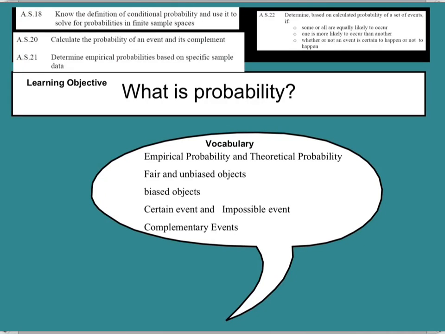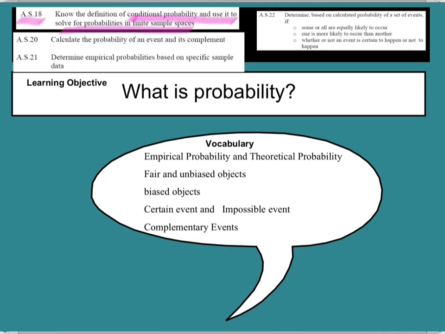Okay, today we're going to talk about probability. So this is the introduction to probability. We're going to cover 4 integrated algebra standards. We're going to cover AS18, know the definition of conditional probability and use it to solve for probabilities in a